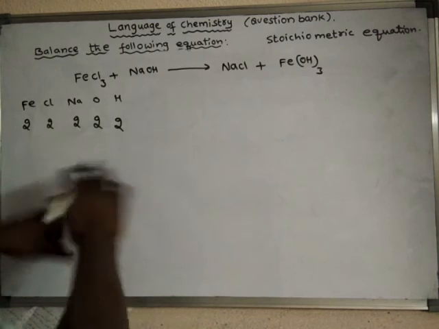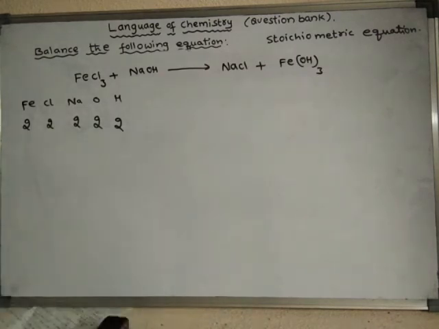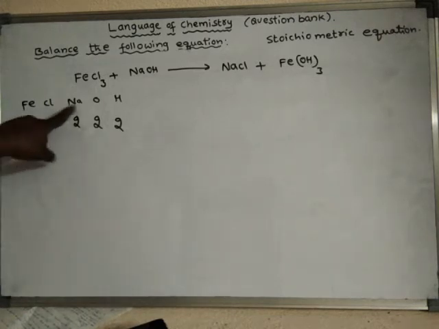So that means all elements are having a frequency number 2 only. Now we have to arrange these elements according to increasing order of frequency number. So when all the elements have the same frequency number, then we have to check whether there are any metal atoms in it. So here iron is a metal, sodium is also a metal. So there are 2 metals.